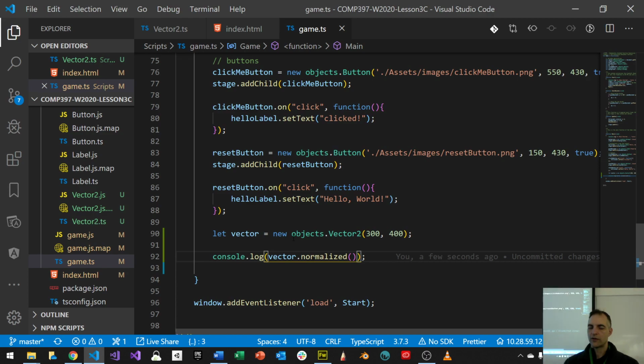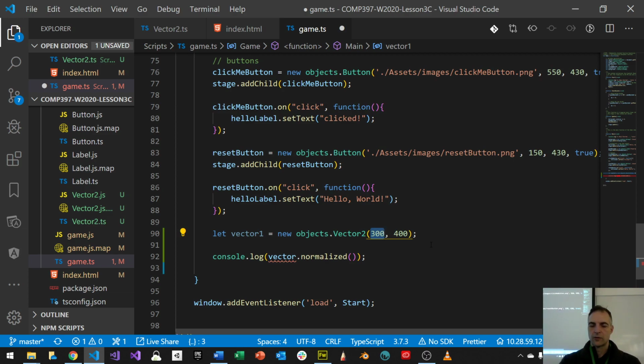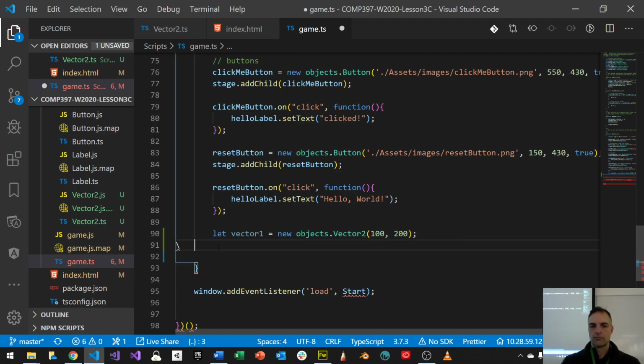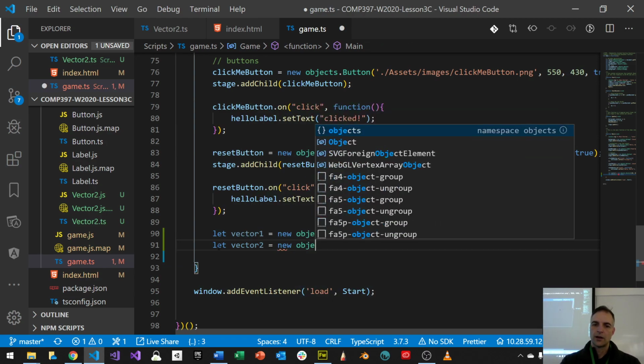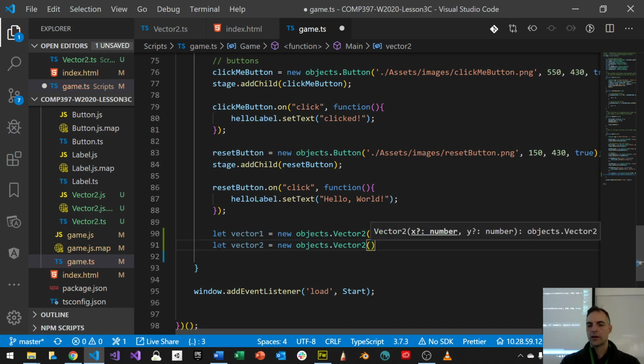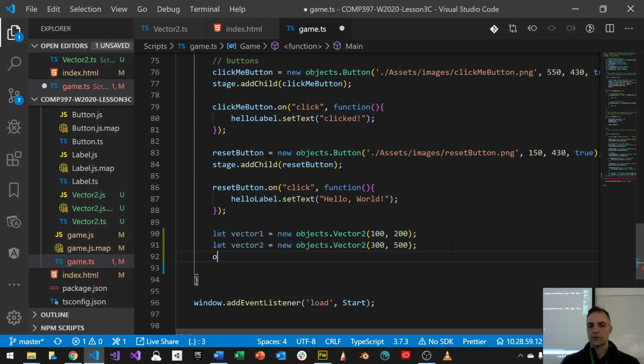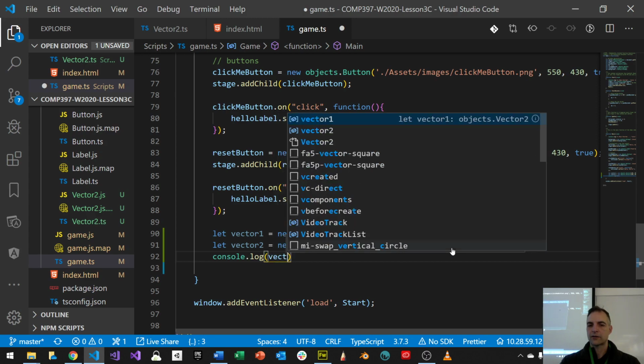How about if I wanted 2 vectors? Let's say we'll have vector 1, which is, I don't know, 100, 100, 100, 200. Let's make it a little more interesting. And I'll do vector 2. I'm just testing it out to see if it works. Vector 2 is equal to a new objects.vector, and we'll make it 300, 500. Okay, cool. And now what I want to do is a console log. I'm not sure if this will be right, but let's do a console log of